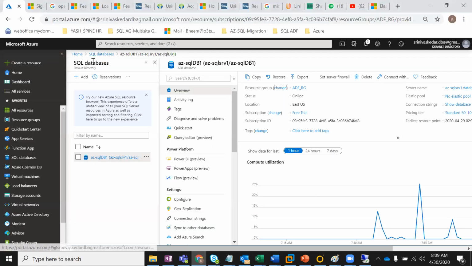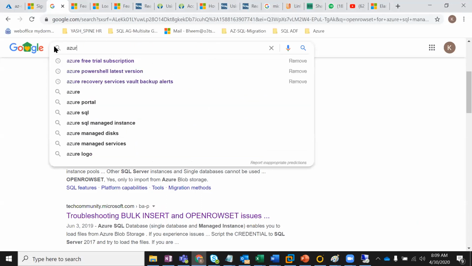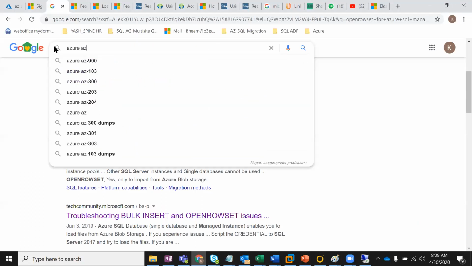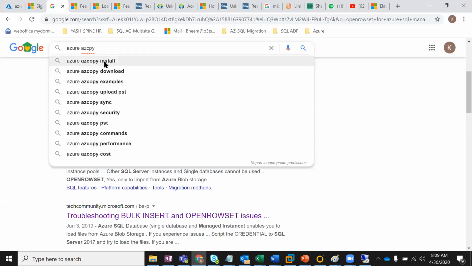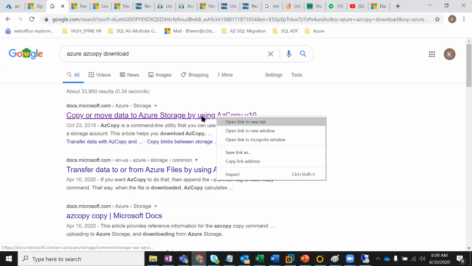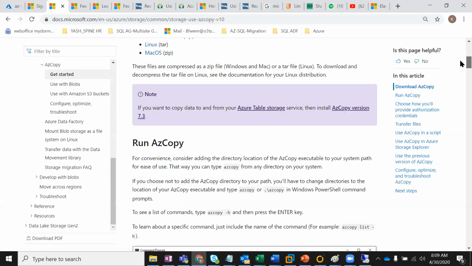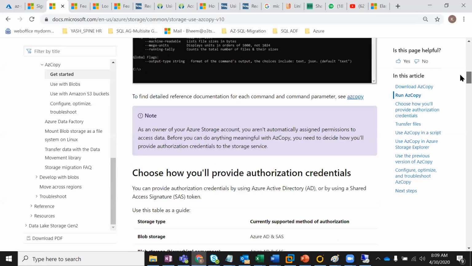If you go and see, AzCopy is a file you can download, and you can use it with Azure Storage. It is a very fast thing, and you can download it on the fly and use it. How it works and what the command is, everything is available here.